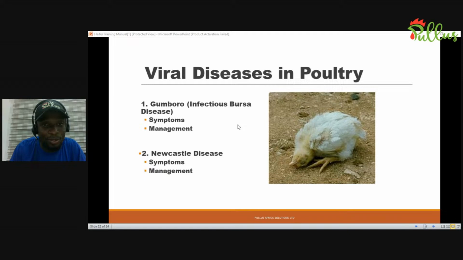So when you see torticollis, you see greenish feces, you see probably a respiratory challenge or paralysis, one or two of these symptoms coming together, and it also comes with a high mortality rate, you would be able to pinpoint and say, oh, I'm actually dealing with or suspecting Newcastle disease at this time. It's very important that you report these challenges to us very fast so that we can assist and give you result-oriented solutions so that you can reduce the problem.